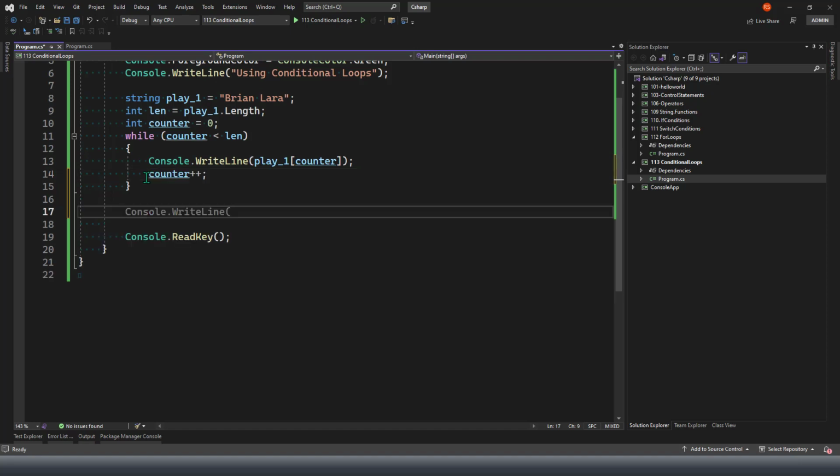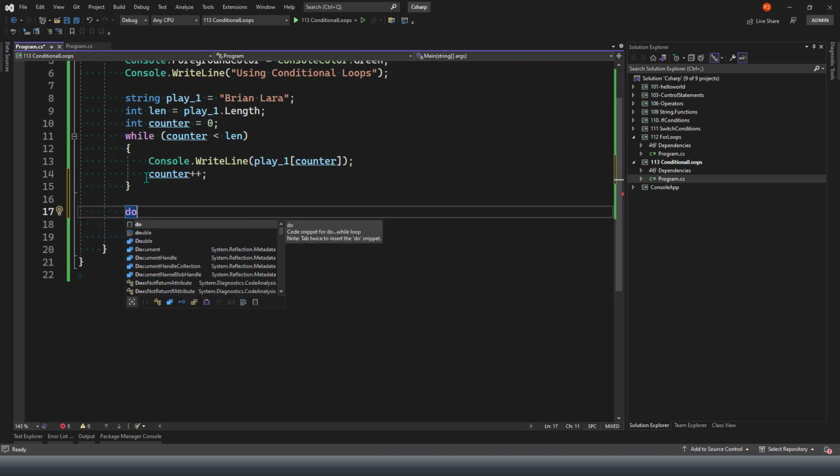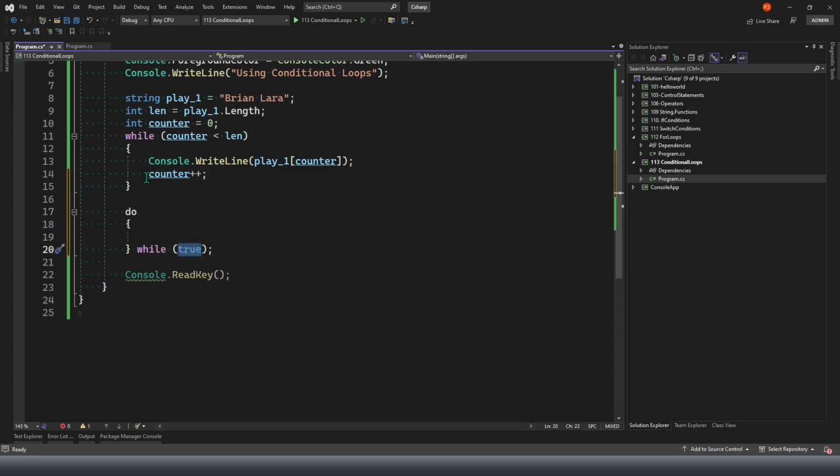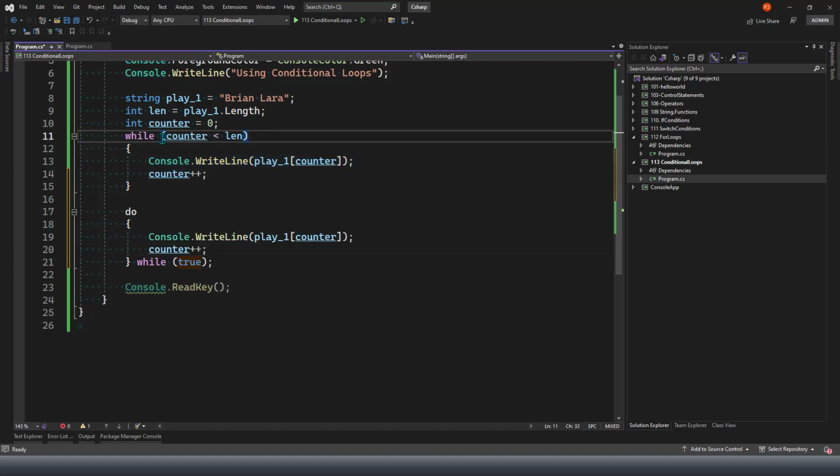That's about the while loop. We have another operator, as I mentioned at the beginning. You have the do while loop, for which the keyword is do, and as soon as you press double tap, you would have the do as well as the while. Now the difference between these two syntaxes is that the while loop first checks the condition and then runs the implementation of your logic written inside the loop, whereas the do while loop runs at least once without checking the condition. For example, if I write the same condition here and here as well,